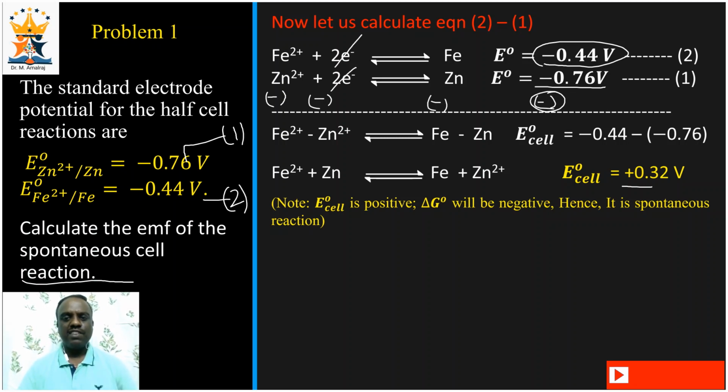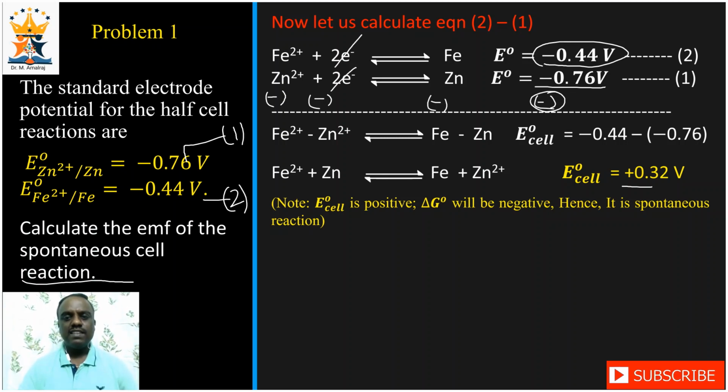See, in competitive exams we will have very limited time, and within that time we need to do the problem, and if we write step by step, it takes pretty long time. So we need some shortcuts, right? So just look at the value of reduction potential. Zn2+ to Zn reduction potential value is minus 0.76, which is more negative than the Fe2+ to Fe. The more negative value indicates the species is ready to get oxidized. The more positive value indicates the species is ready to get reduced.